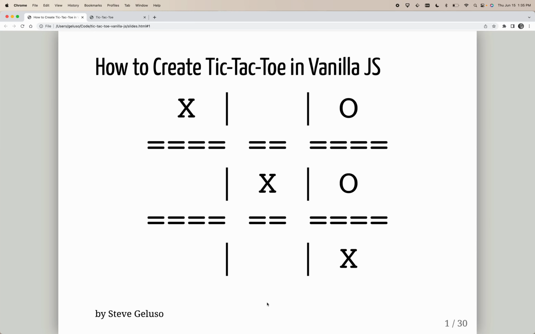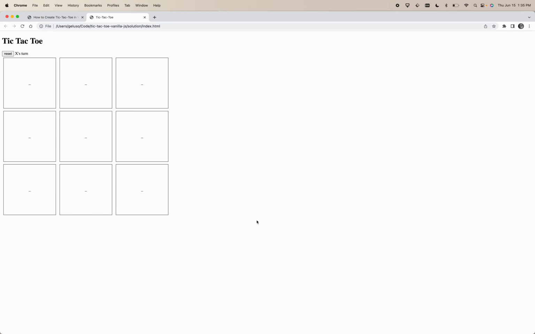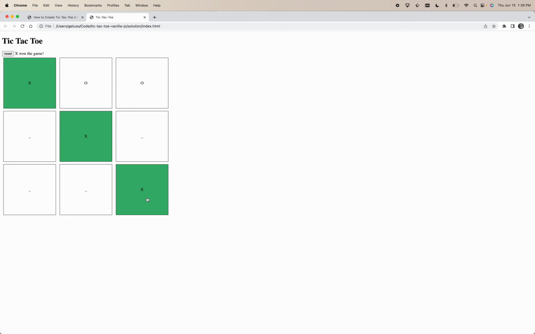Tic-Tac-Toe in vanilla JavaScript. Here's what we're going to build today. It's a rather skeletal, functional design. There's not much CSS. You could apply that later. We have the ability to click on squares, and we keep track of whose turn it is. And as soon as someone gets 3 in a row, we highlight a win, and we say they won the